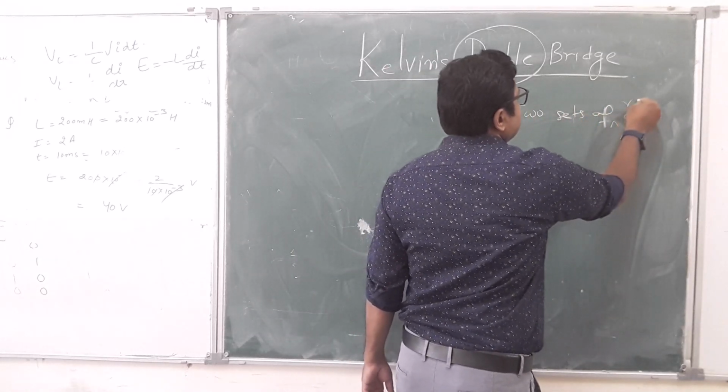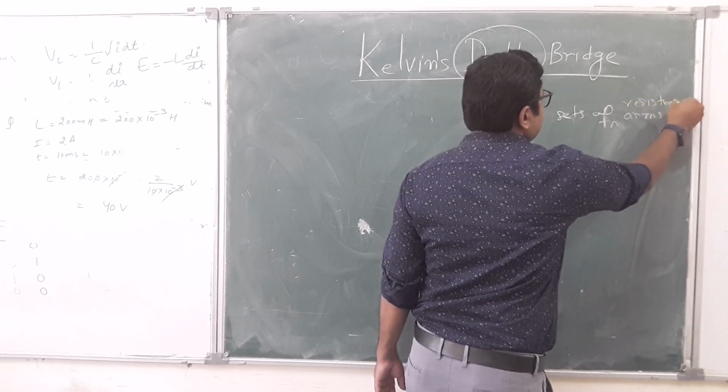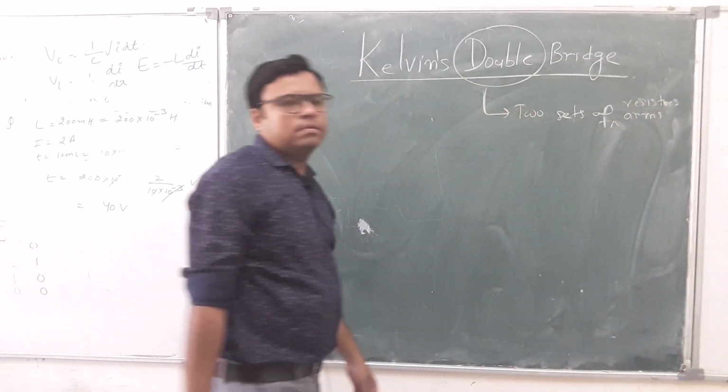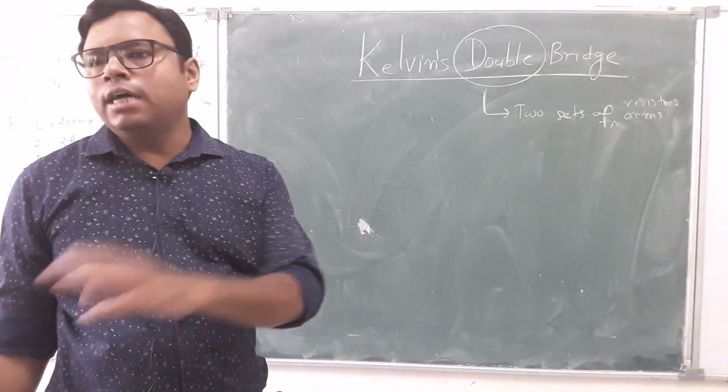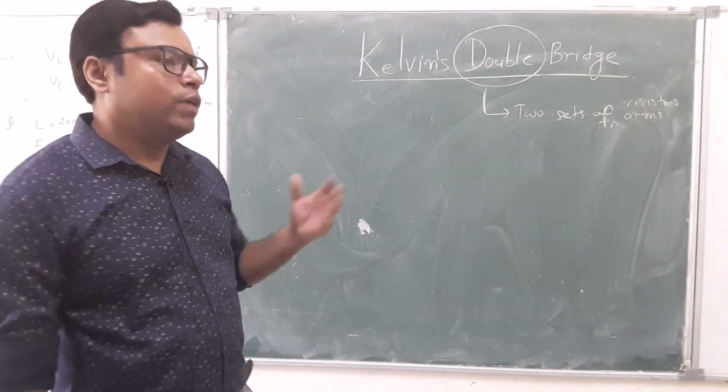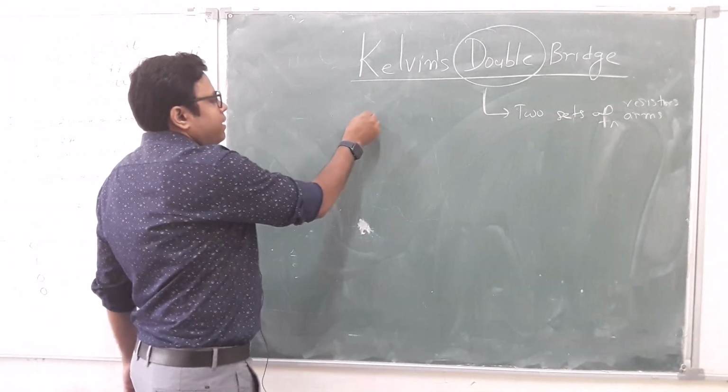What are the resistor arms? Two sets. One is the original, the other is a second set. So first set and second set. So if I will draw a